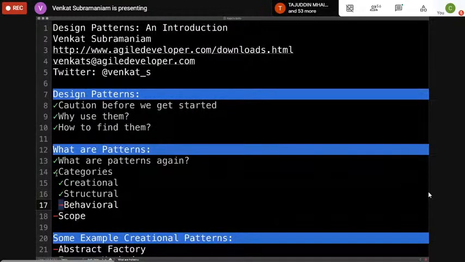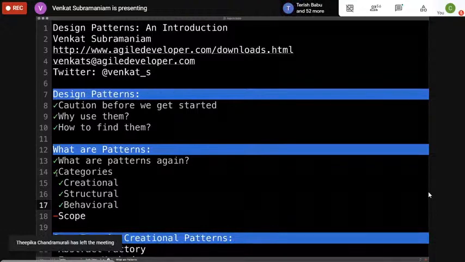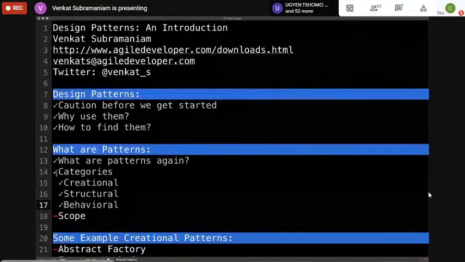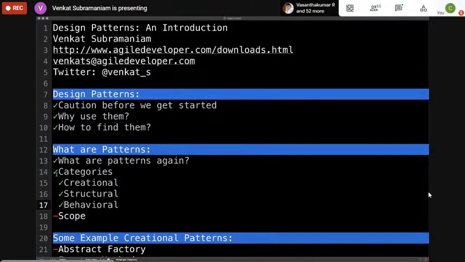A third category is a behavioral pattern. Let me put a word that makes it really easy to understand what a behavioral pattern really is. And the word is algorithm. So essentially, in the case of a behavioral pattern, you're focused on your algorithm, or how you really perform a certain operation or conduct a particular algorithm. So this is really down to a procedure. How do I really implement this procedure in a way that I can get better extensibility of the software? That's where a behavioral pattern really comes in.